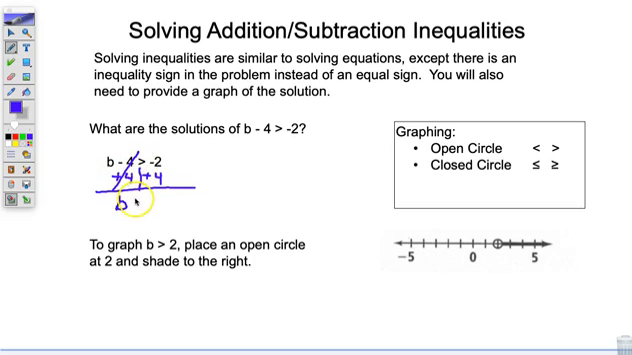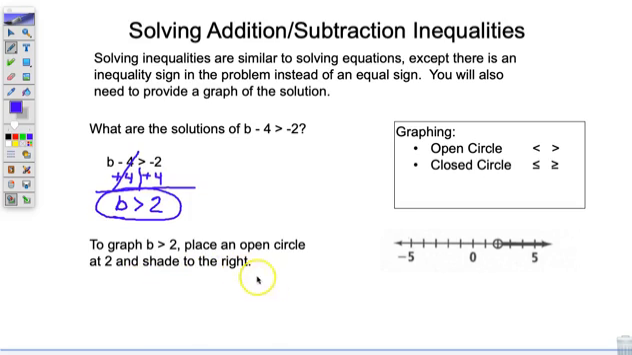Now here you want to bring down your inequality sign. -2 plus 4 is +2. So this is our solution, stating that our answer b is greater than the number 2. So with inequalities, because there's a range of answers, you need to provide a graph that will graph all of the solutions. So to graph b is greater than 2, we're going to place an open circle at 2 and